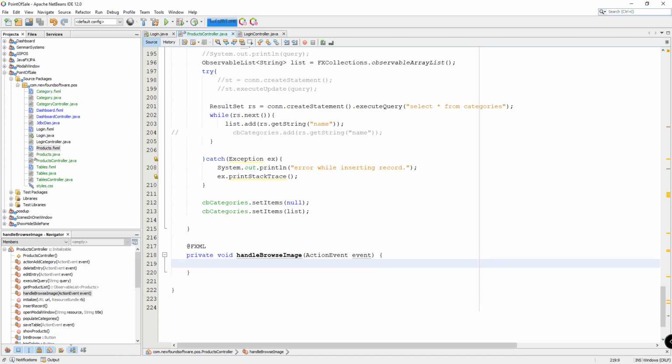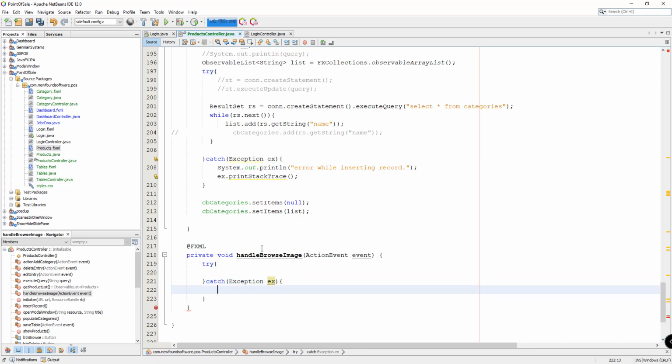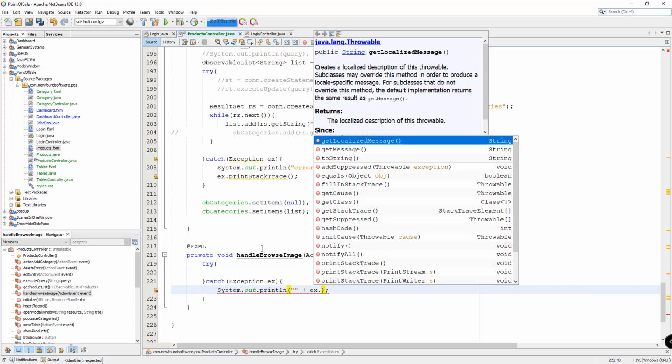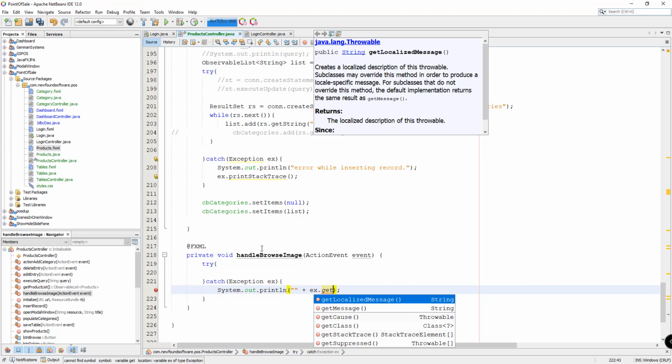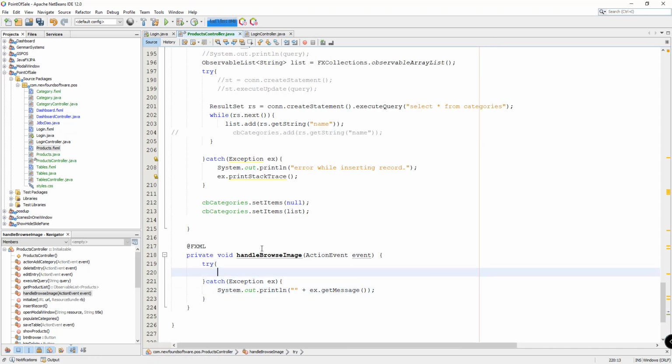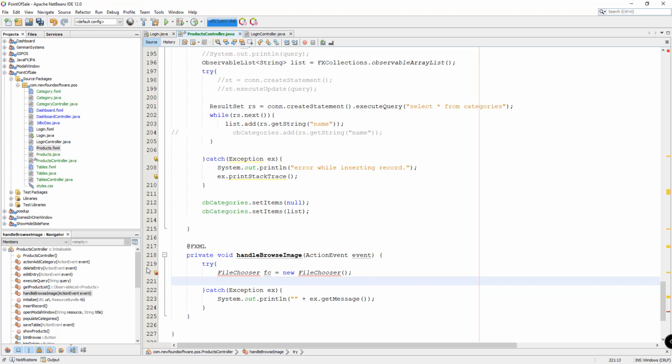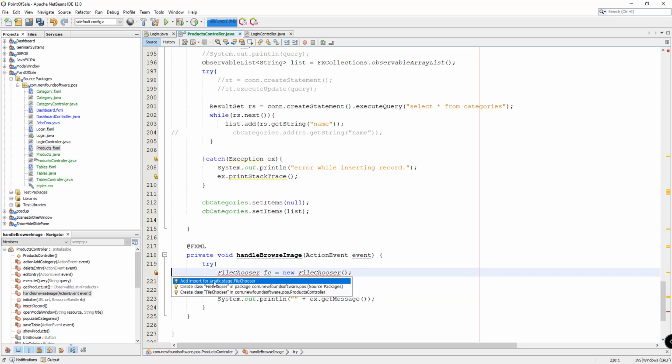Okay, so in here we could just add the try and catch statement. So exception ex, and then we're just gonna display the message coming from this variable if something happens with our logic inside our try block. Okay, so we're gonna add the file chooser right here. So FileChooser fc equals new FileChooser, open and close parentheses, and then we're gonna import that. So import javafx